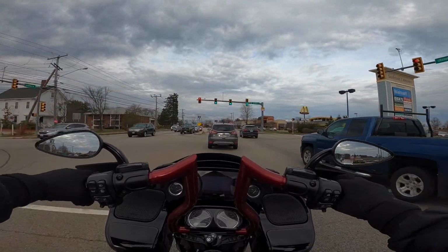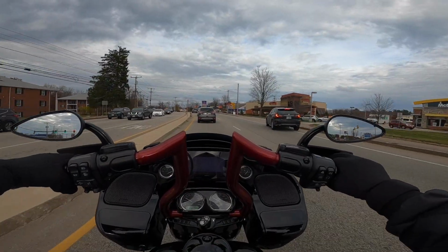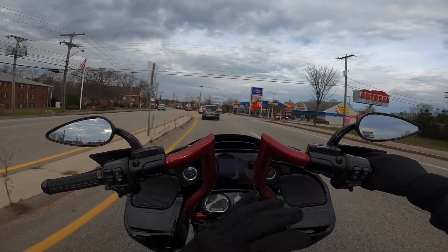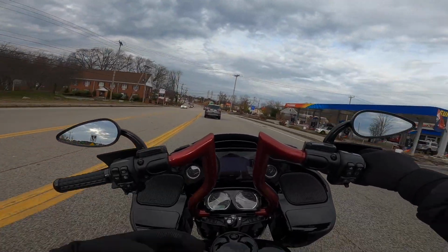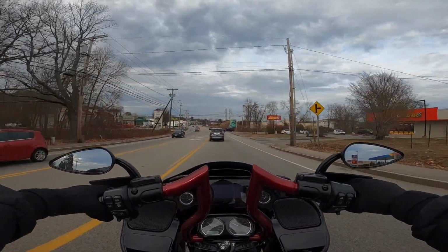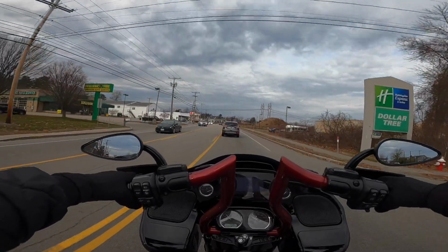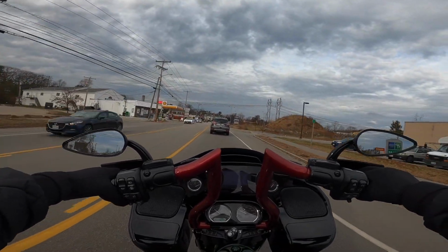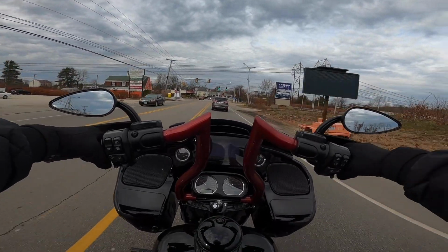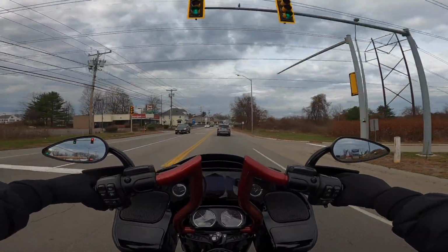So overall, the reasoning behind this is a couple things. First off, I see a lot of that winter gear where you can plug in this, plug in that, and you're all heated and warm. I tend not to dig that too much, because depending on where you're riding and how long you're out, and where you're going, I find it very annoying if I have to spend more time putting my gear on and taking my gear off